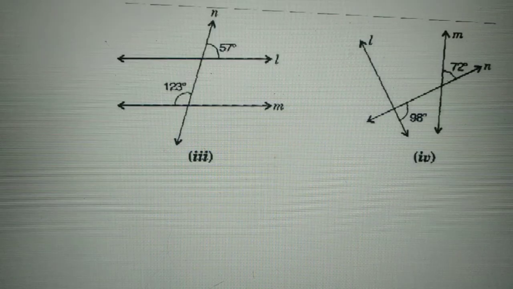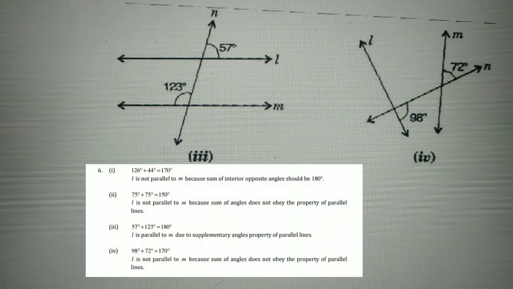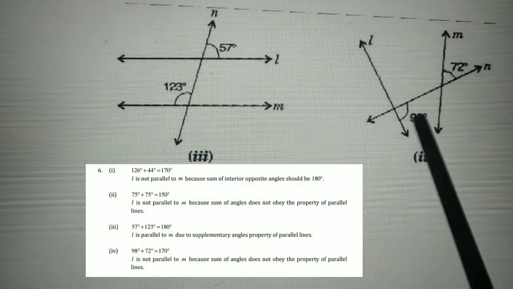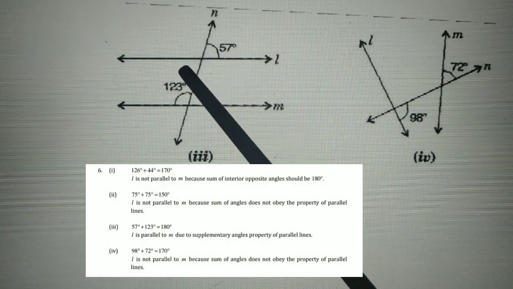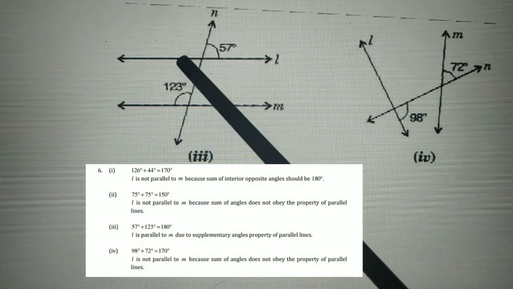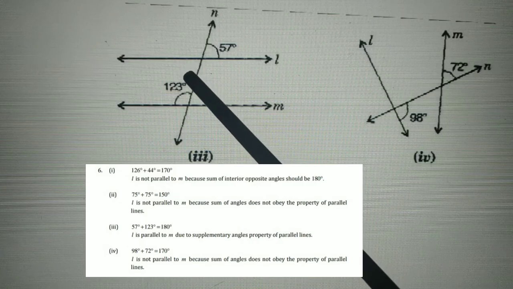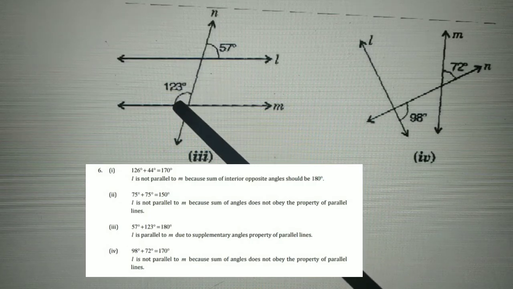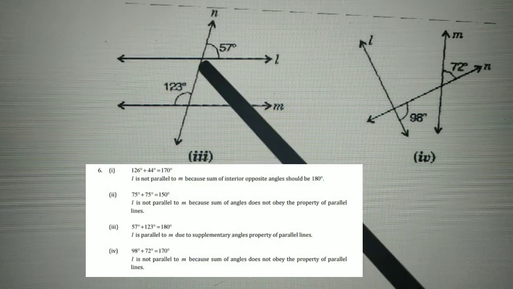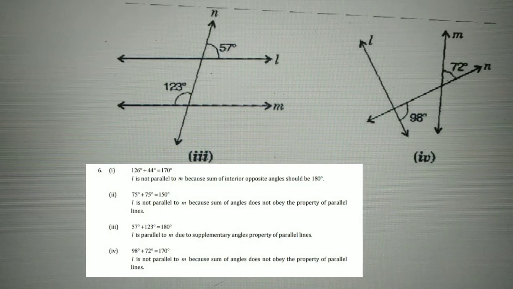Alright, so see the last two diagrams of this exercise in which L and M, we have to prove these lines are parallel. Now again the same property: angles on the same side must sum to 180. Now this is 57, then it is vertically opposite to this, which is also 57. And when we add these two angles, the interior angles on the same side are 123 and 57. The sum is 180, then parallel, and if the sum is not 180, then the lines are not parallel.